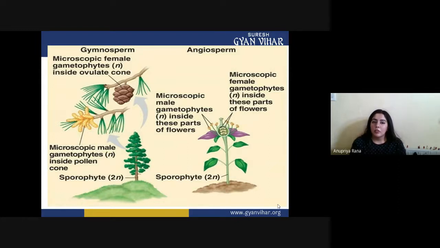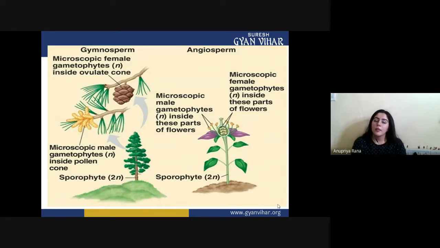And the second major difference between the gymnosperm and angiosperm is the covered seed material. In the angiosperm plant, seeds have to be enclosed in a seed cover, so they are not naked, not present on the surface. But if the seeds are naked and present on the surface, without any kind of covering, that kind of plant is known as a gymnosperm. But if there is a well developed protecting coverage, and a flower is present,